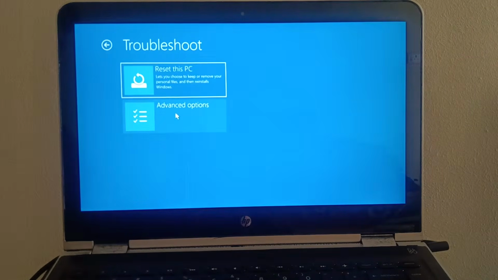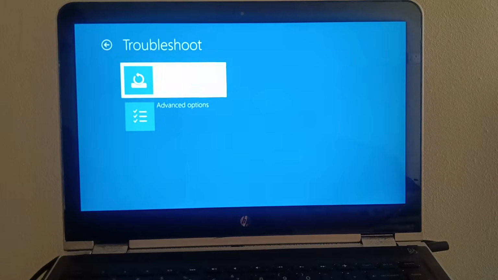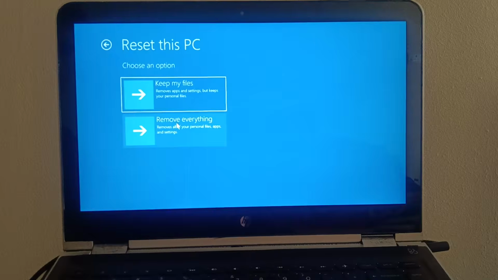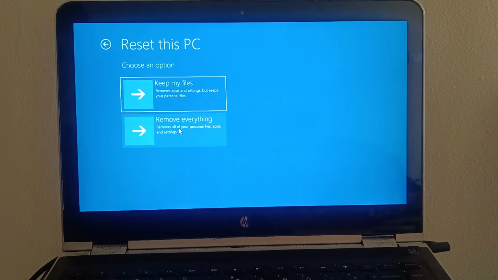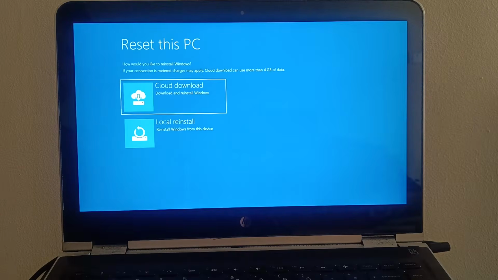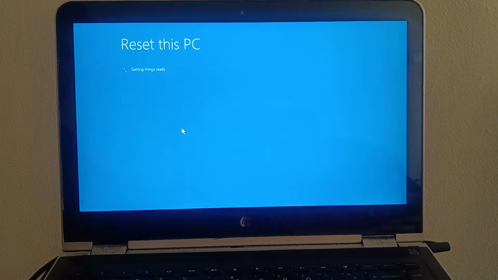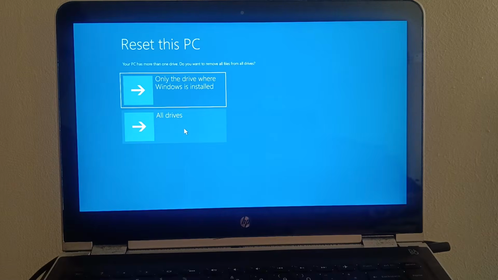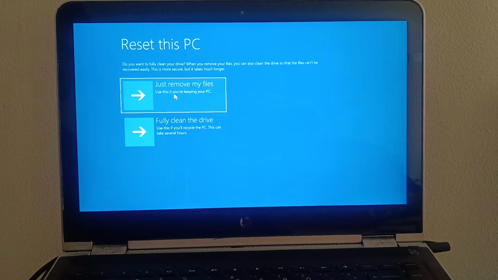Now let's try to reset our PC to see if that is also able to fix the issue, and all the data will be gone from the C drive. Since my window is not booting at all, I can't follow any of the steps. So I am going to remove everything and see if that is working for me. Or even you can select the option to keep your personal files and data. Choose only the drive where Windows is installed, just remove my files